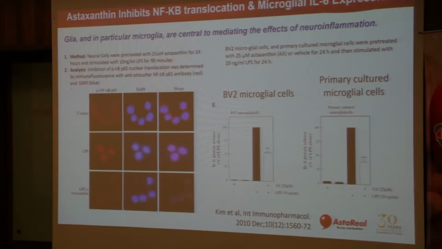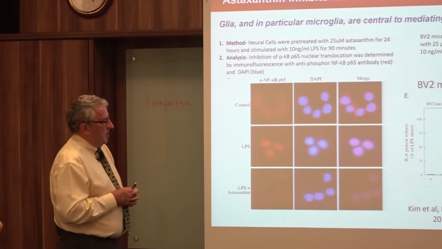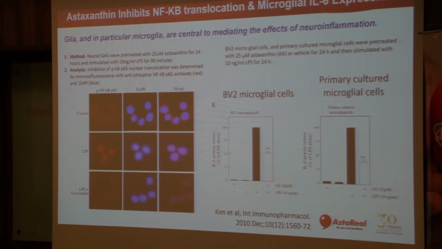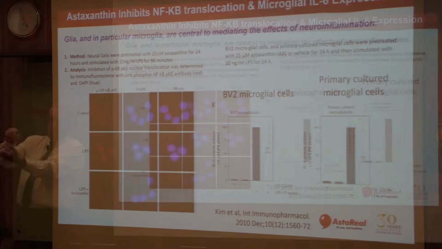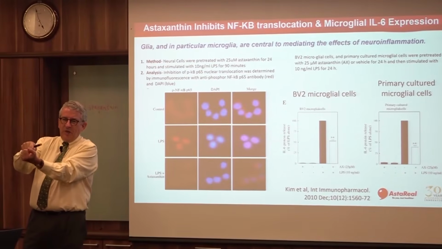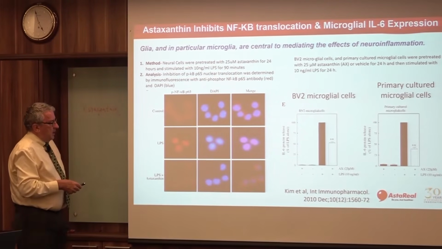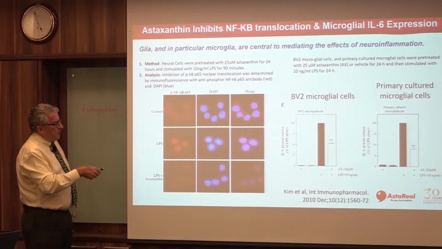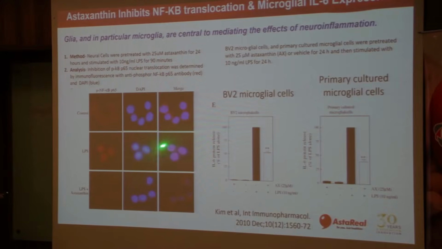How do we know this? In terms of the studies, this is what happens in cell chemistry. So this is a particular type of cell. This is a neural cell. And what happens is NF-kappa B is normally anchored in the cytoplasm. It's got a physical attachment and it keeps it away from the DNA, so it can't switch on the genes. And when you hit it with an agonist, in this case lipopolysaccharide, it moves over and binds to the DNA, and you get this sort of